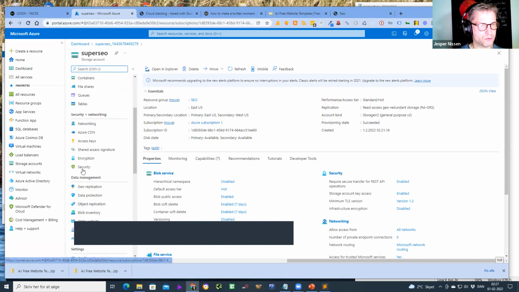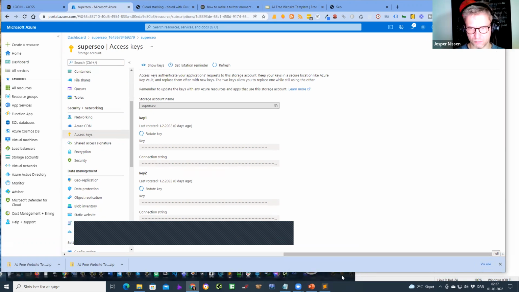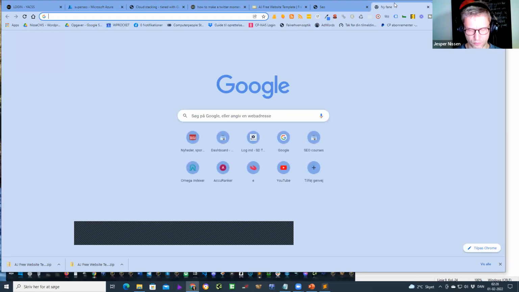Then I scroll down and click on access keys here. The access keys is something that I'm going to use for my Microsoft Azure Storage Explorer. So let me open that application, or let me just make another Google search.